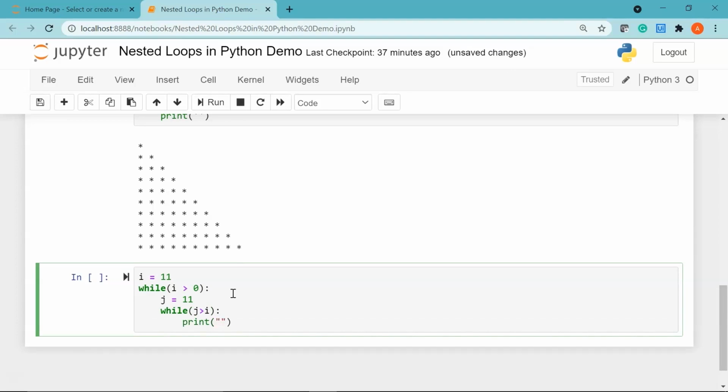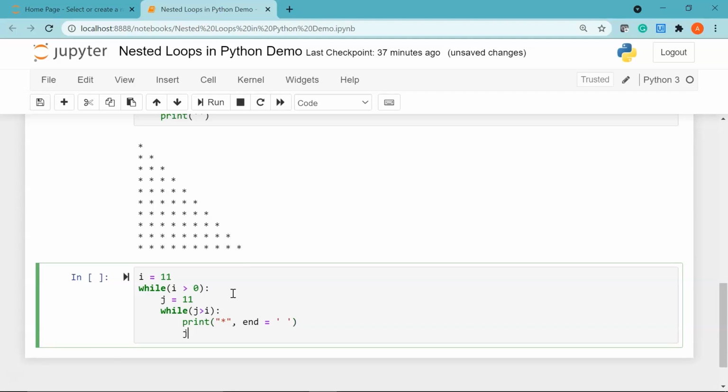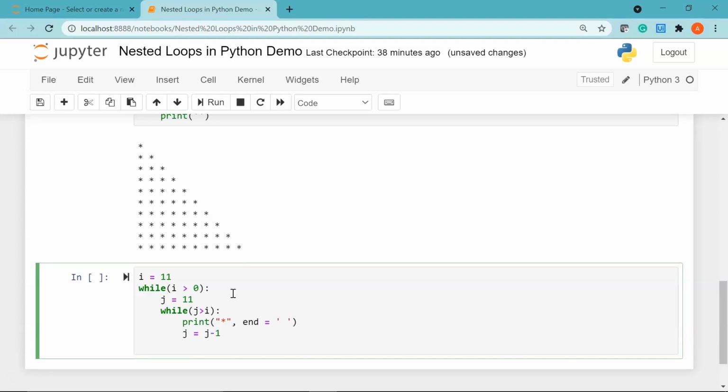I'll print star, and I'll use my end parameter as space again. Then we are going to decrement j by 1. I'll come out of the inner while loop and I'll say i equal to i minus 1.